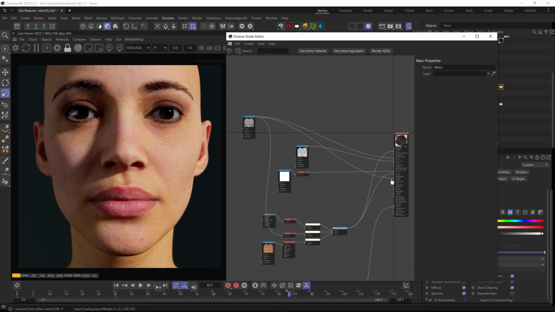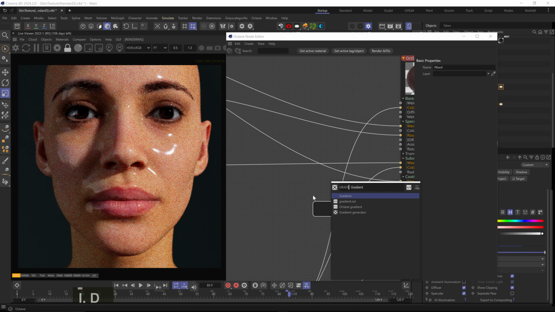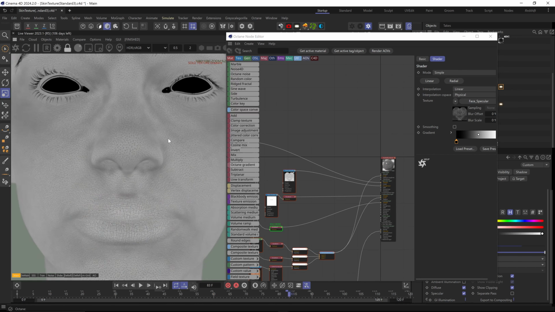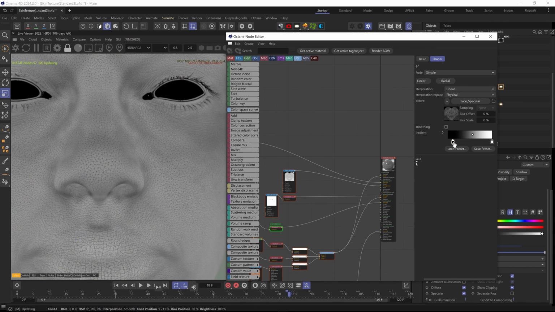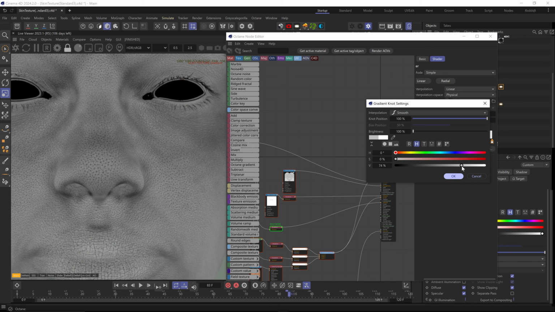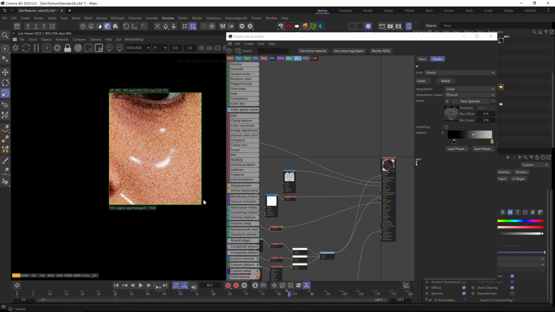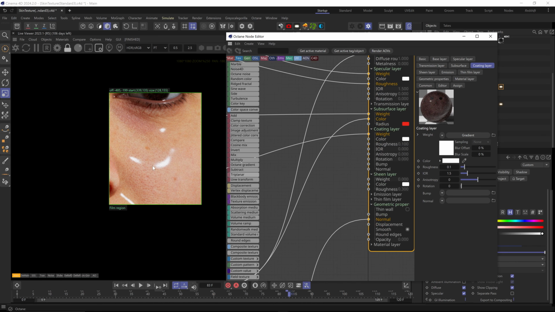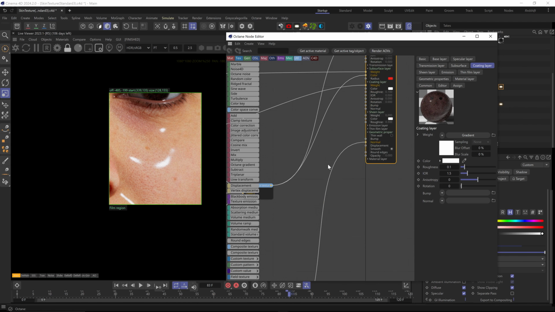For this, I'll plug the specular map into the coating layer weight channel with an Octane gradient. I'll push the black notch in slightly to break this up even more and make the white notch more of a light gray. In the coating layer settings, I'll keep the roughness low, so around 0.1. Feel free to play with the IOR, anywhere around 1.5 should be fine. And you can see it looks really plasticky now, so to actually control the roughness of the gloss, I'll use